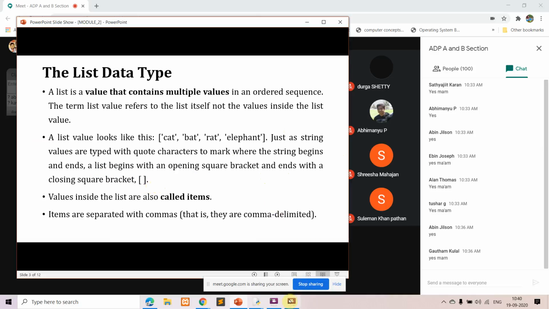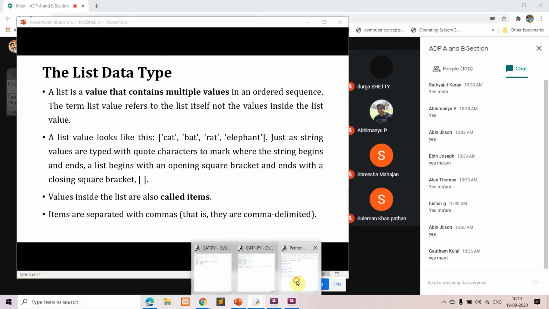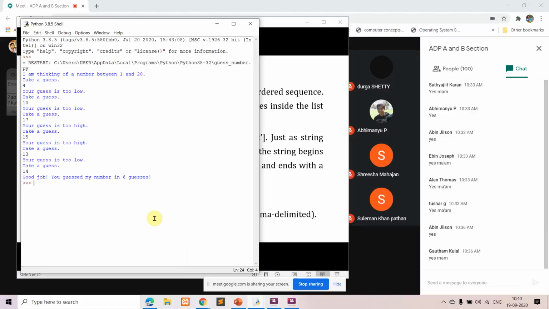Let's see how we can write a list. For that purpose, we go to the interactive shell. It starts with the opening bracket. I'll give 1 comma 2 comma 3, and it is terminated by a closing square bracket. This is an example of a list in which you have three values, and they are in sequence.